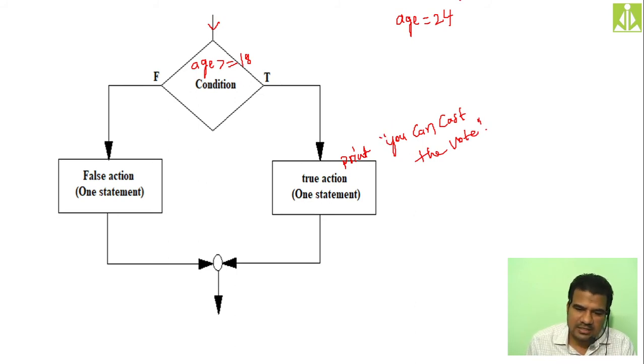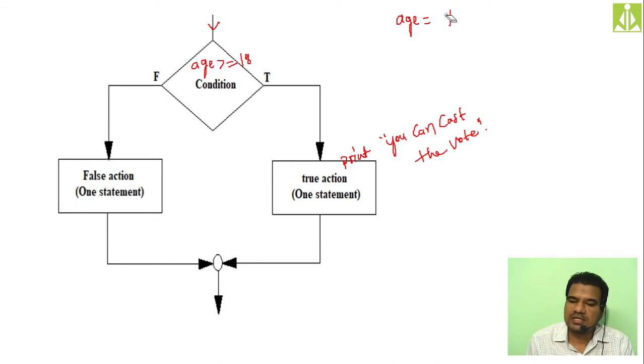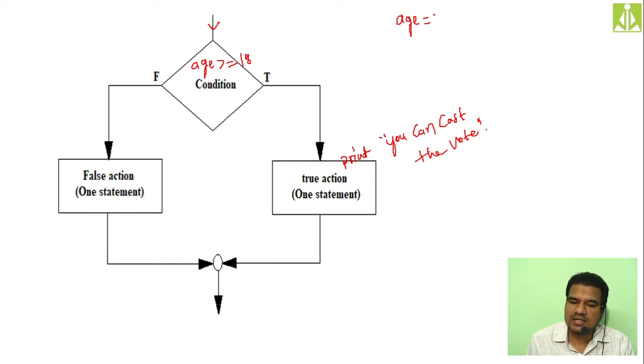Okay, consider another example. In this case, the person's age is below 18 years. Like we are considering the person's age as 15 years. Then again the control will enter. This time age value is 15. So 15 is greater than or equals to 18, I am saying. So again the condition is false. So immediately what will happen? The control will move in the false path. It will not go in the true path because the condition is not true. So it will move in the false path.